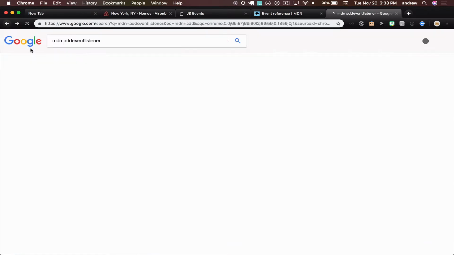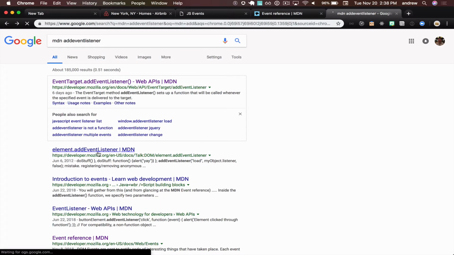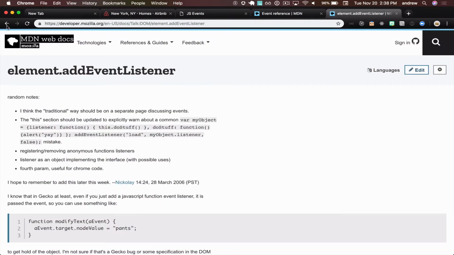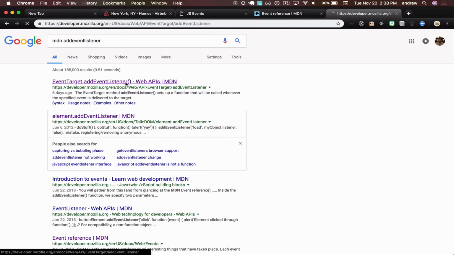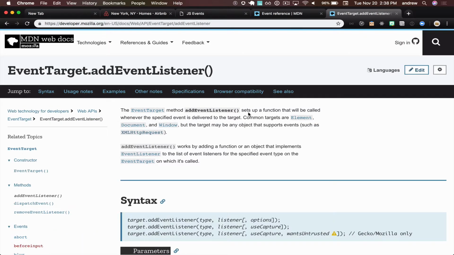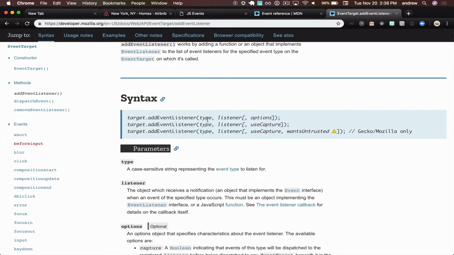All right, go back. Yeah, element.addEventListener. Oh no, sorry. I wanted the first one. Yeah. The addEventListener method sets up a function that will be called whenever the specified event is delivered to the target. Okay. It looks like it takes in the type, a string representing the event type, and then some